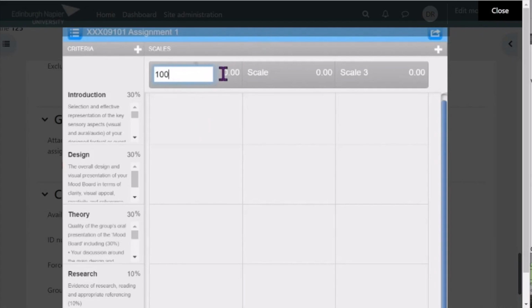So the first box is a descriptor box, and the second one is your actual value. And then we'll proceed, as I mentioned, in 5-point intervals. So next will be